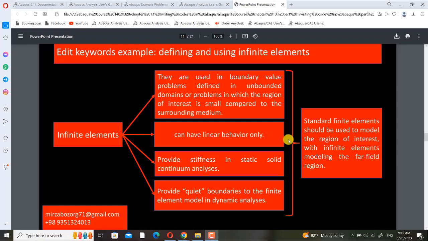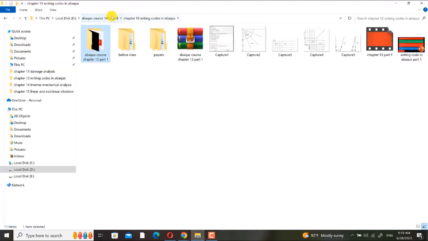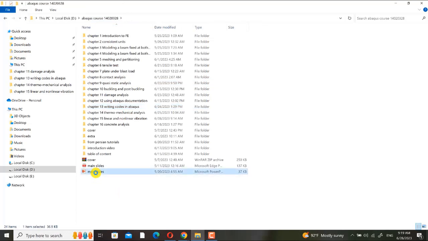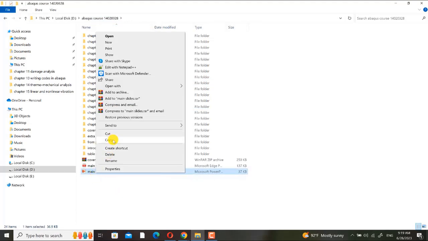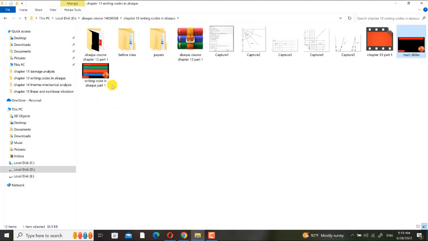Standard finite elements should be used to model the region of interest, with infinite elements modeling the far-field region. Let me tell you about infinite elements. They are a special kind of elements in Abaqus.